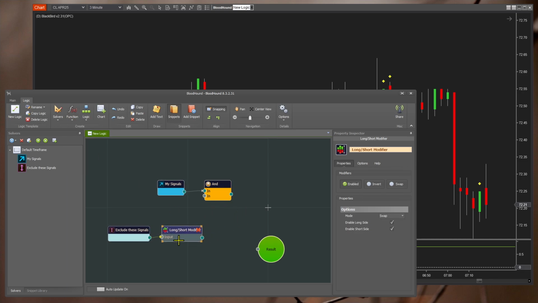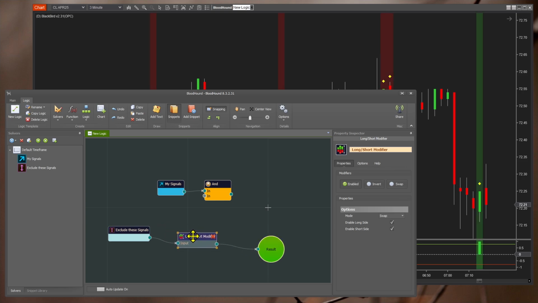And as you know, the long short modifier allows us to take signals and modify them in some way. As you can see in the default, it's swap mode, but we can ignore that because actually what we want to do is set it to a mode called difference. Now the documentation talks about what these modes do, but effectively what this mode does is says,